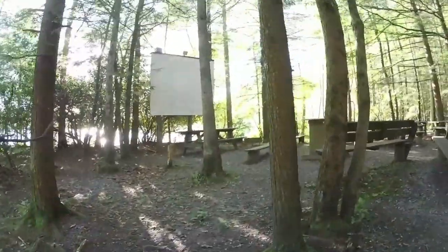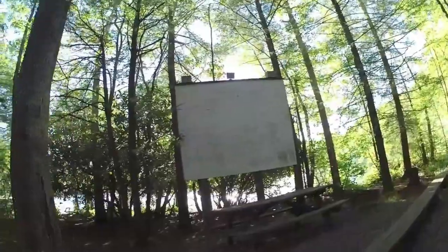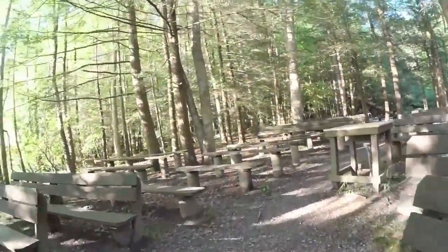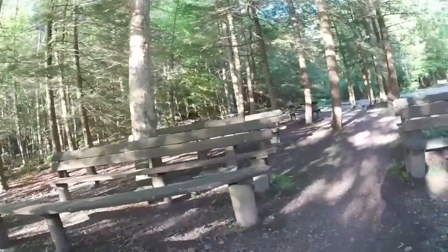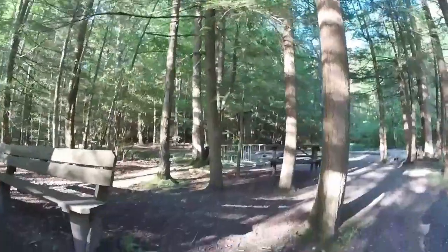So this is the amphitheater. They do have different programs down here at different times of the year. I'll put a link up to the website for the campsite, or for the Locust Lake State Park, and then you guys can see that for yourself. There's plenty of seating down here, and again, they do put on different programs throughout the year. So we'll continue on our walk around our bike path,